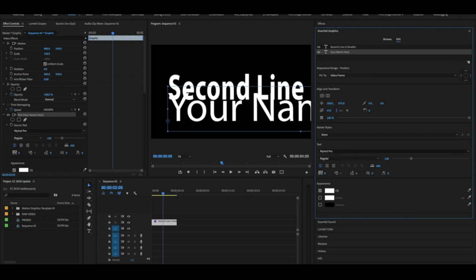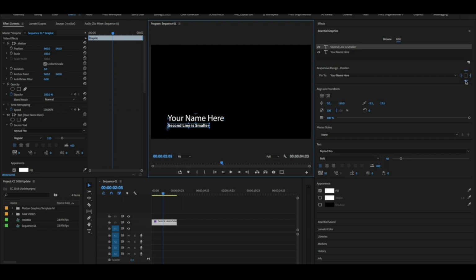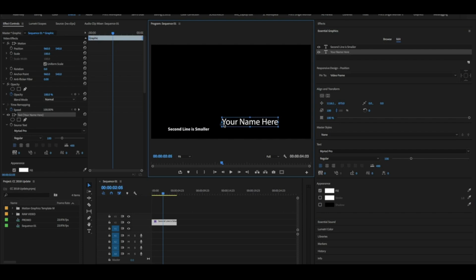Oh yeah, actually you can see some issues there with it being bigger and being pinned to. It's going to also be a little bit wonky, so you got to be careful of that. But let's go back to our second layer and let's actually turn off pin to all and let's just pin to the top. So now if I take your name here layer, if I move it left or right, nothing happens, but if I move it up or down, it's pinned to that sort of like the top of the layer. So it's a pretty cool thing, and I especially see this as useful with things like lower thirds or